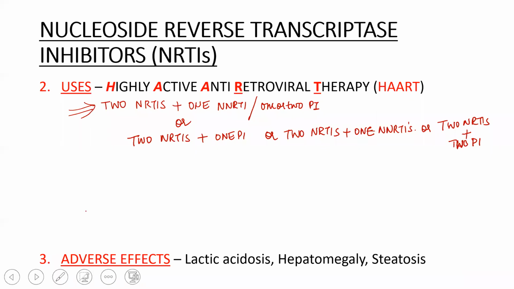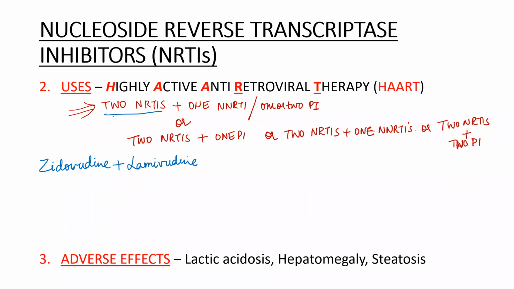So let me write down a few drugs for you. So we have got zidovudine, right, which is a nucleoside reverse transcriptase inhibitor, plus lamivudine. So you have already taken care of the 2 NRTIs, and then it could be 1 NNRTI or it could be a protease inhibitor. So in this case, let us include efavirenz. Efavirenz is what? Efavirenz is a non-nucleoside reverse transcriptase inhibitor, right? Now this is one of the regimens that is followed, or you can also include